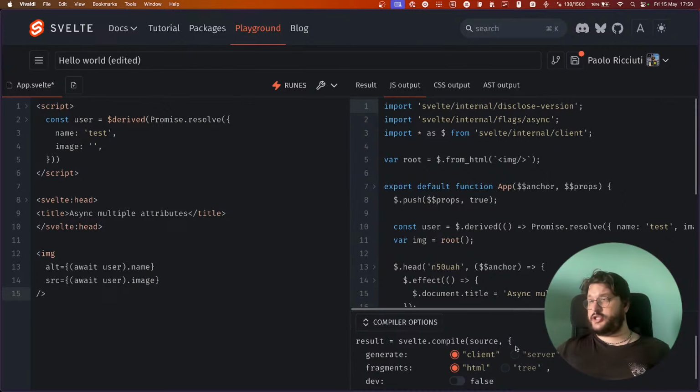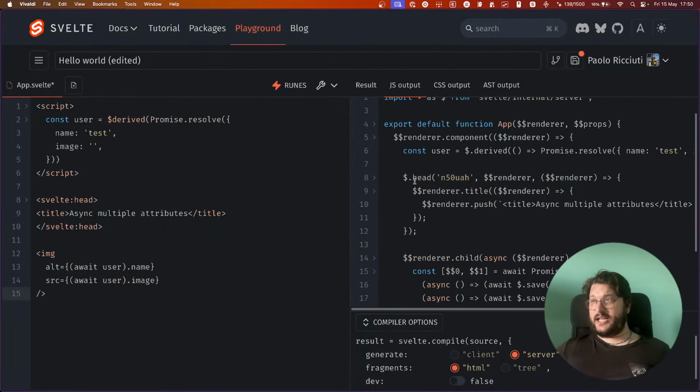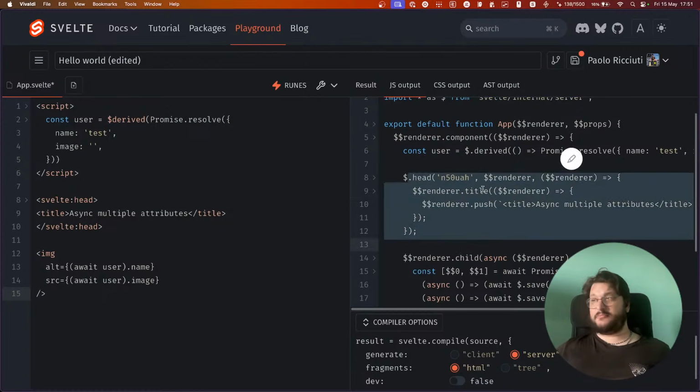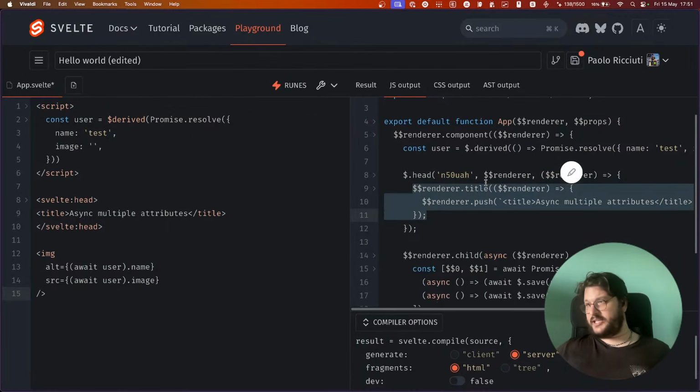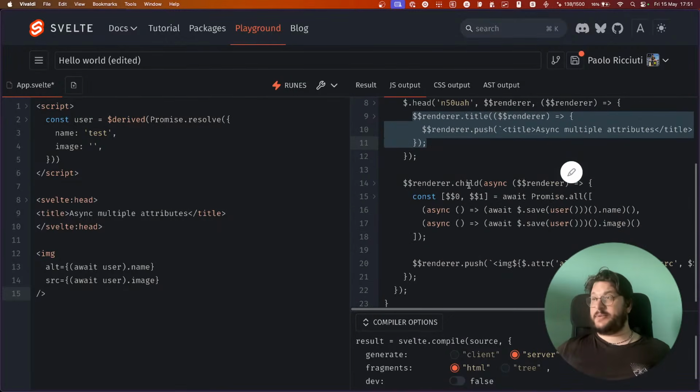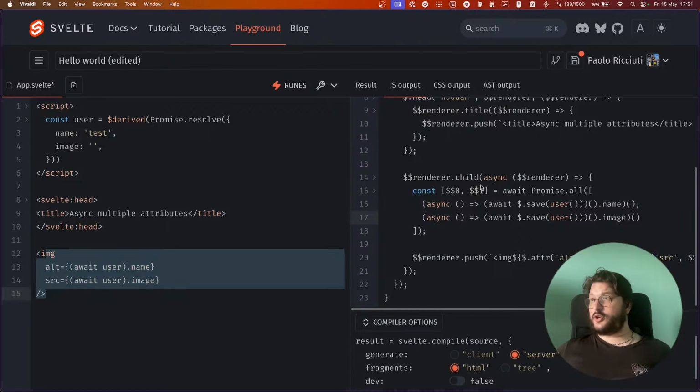If I take a look at the JS output of the server, you can see that in the head, this is happening. It's rendering the title and so on. It's fine. But the point is that here it's rendering a child, which is this one, and it's an async function.